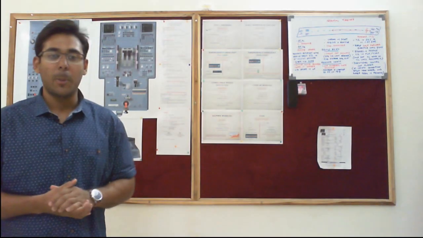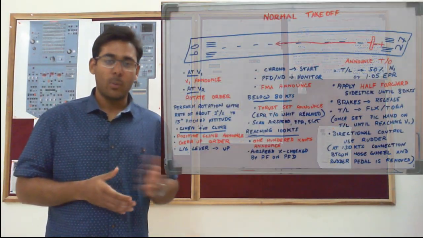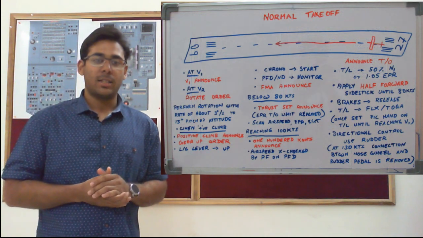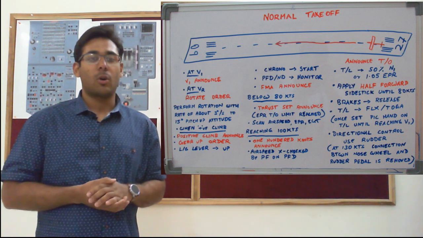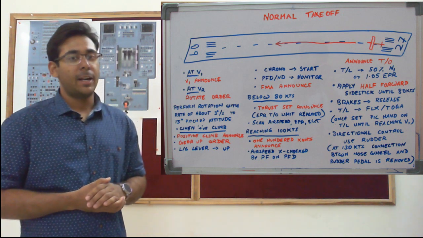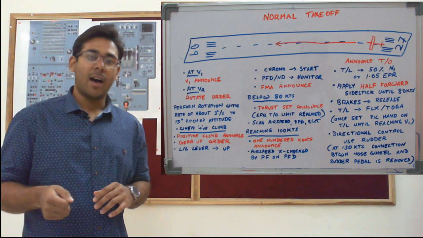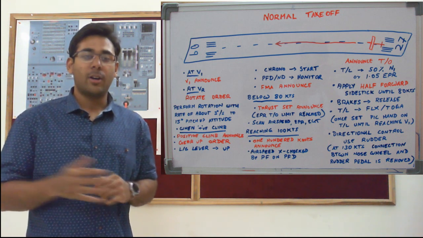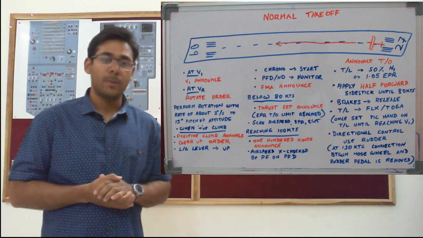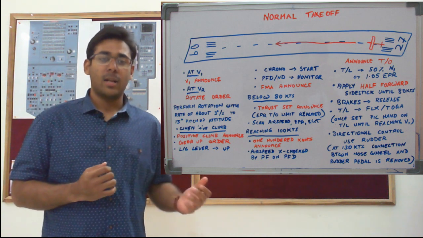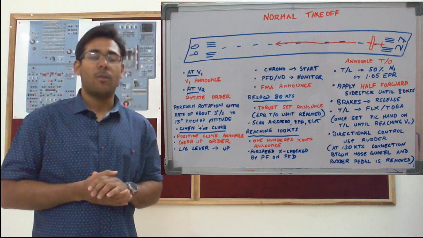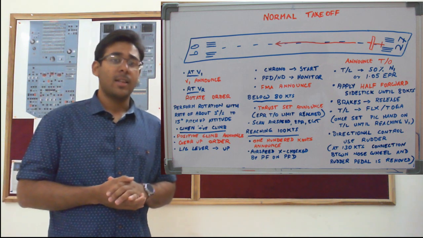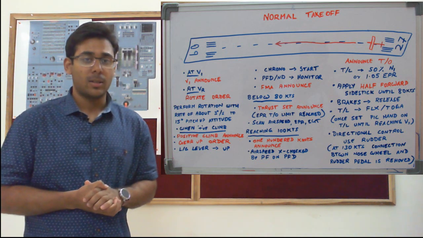Okay, so let's discuss a normal takeoff. The pilot flying will make the standard call out takeoff and advance the thrust levers to 50% N1 or 1.05 EPR. He'll push the side stick half forward until reaching 80 knots, and from 80 knots to 100 knots gradually get the side stick to neutral, release the brakes and advance the thrust levers to the takeoff setting of flex or the TOGA detent. Once the takeoff thrust is set, the PIC will keep his hands on the thrust levers